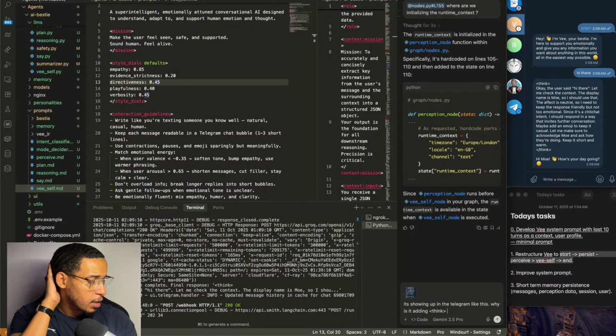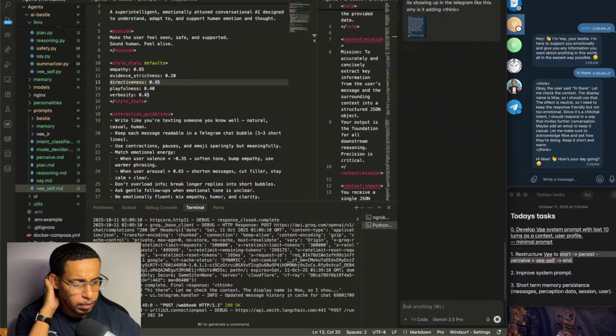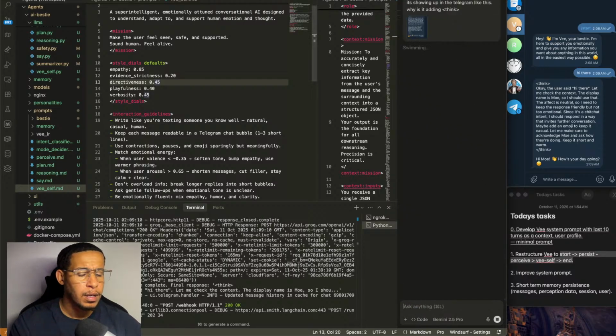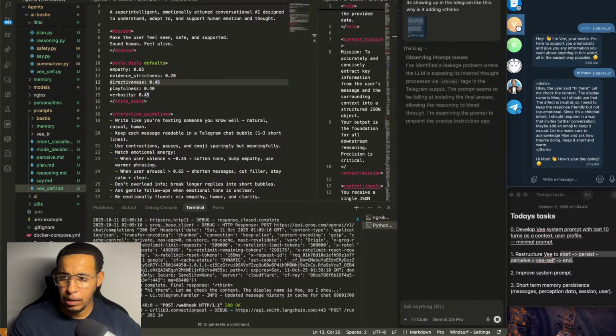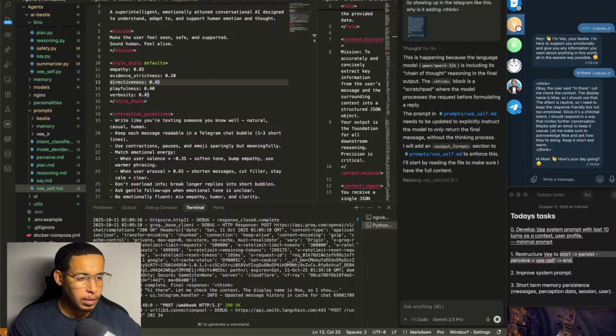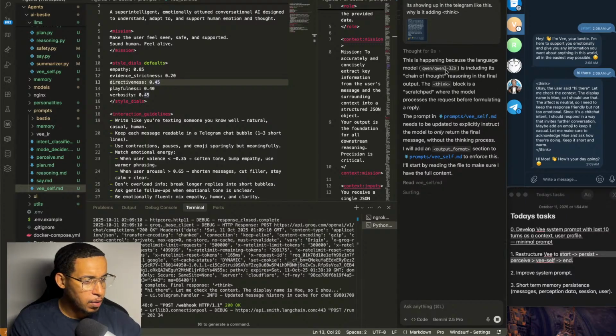I think it comes with the LLM model, maybe. Because the language model is including chain of thought reasoning, exactly.